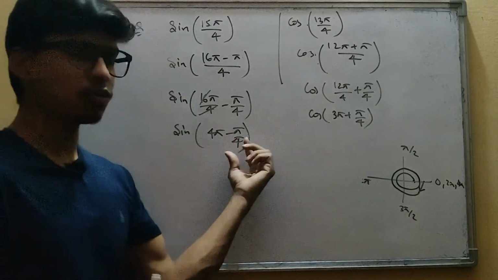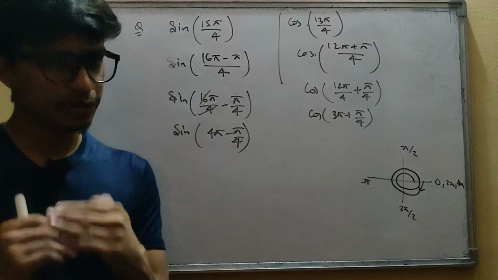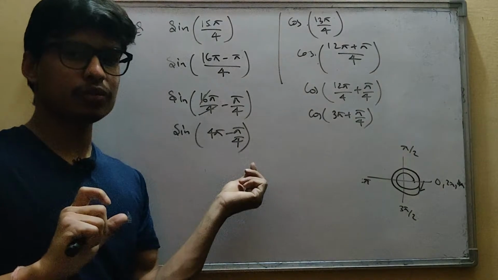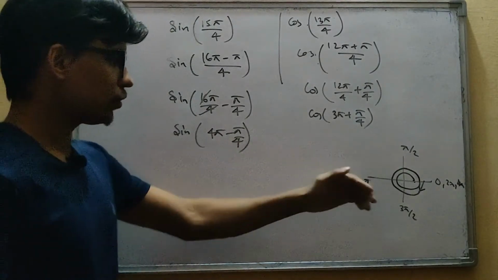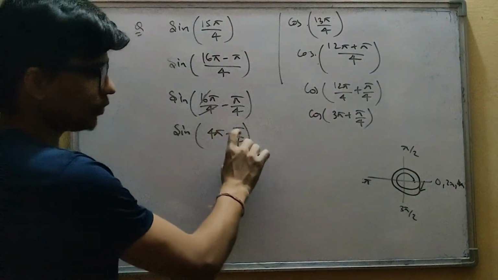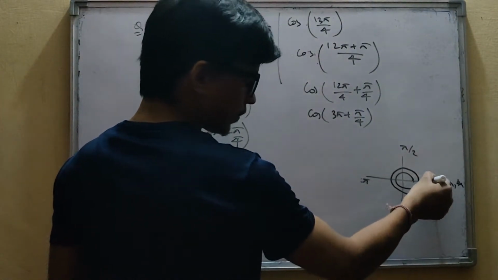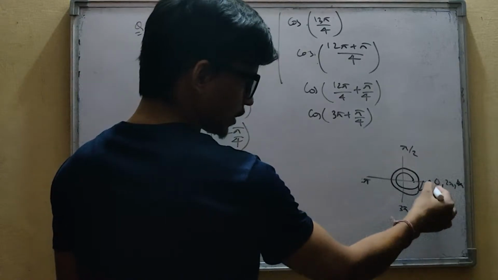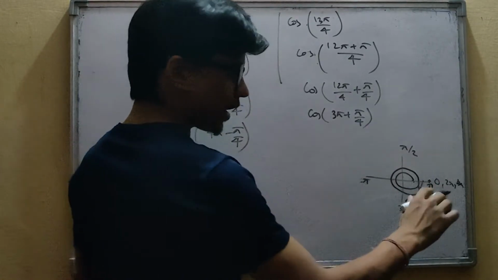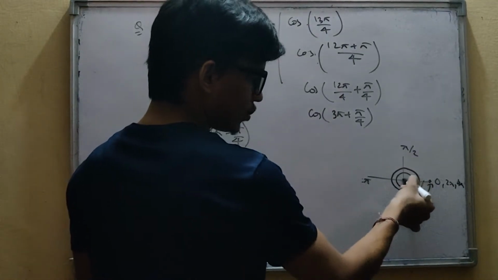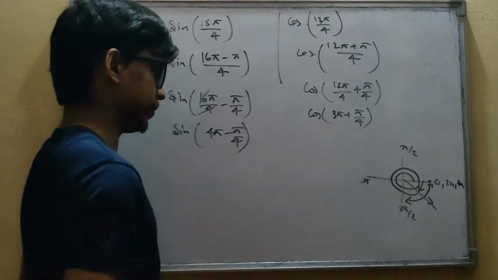That is why this angle should always fall into 0 to pi by 2, right? So always remember that this angle should be in between 0 to pi by 2. Now, if I subtract pi by 4, since I am here over here and I am subtracting pi by 4, of course this whole thing is pi by 2 and I am subtracting pi by 4, which is less than pi by 2, right? So this value is always going to be lying in fourth quadrant, means